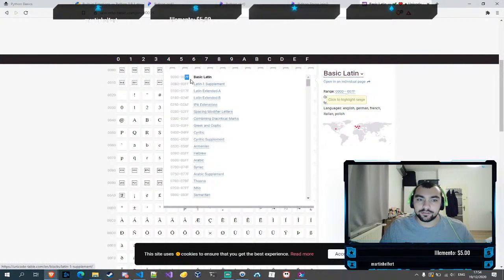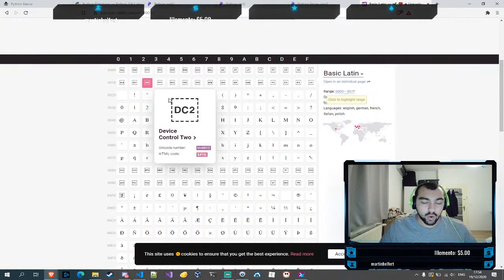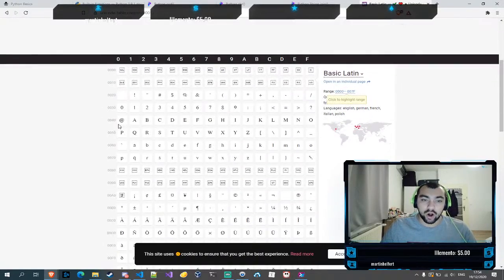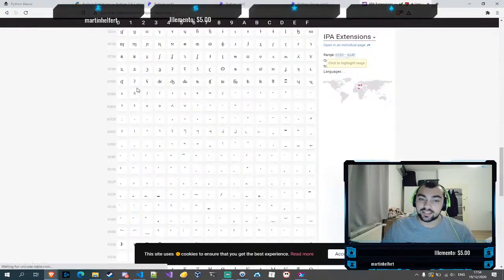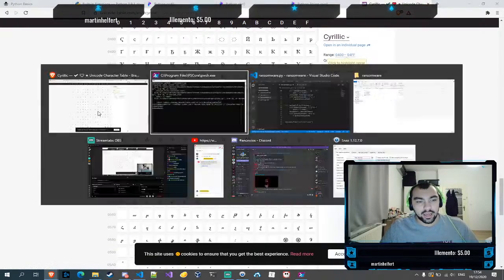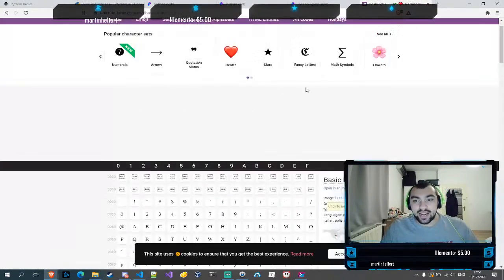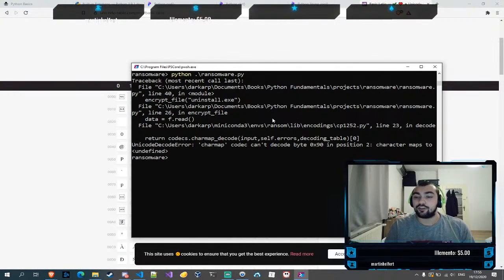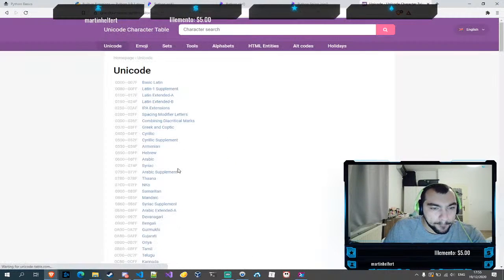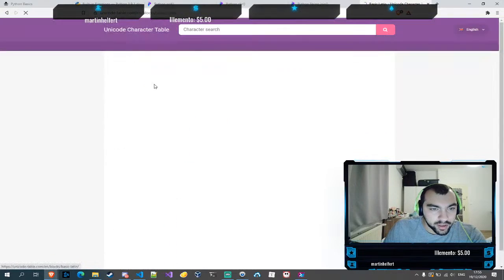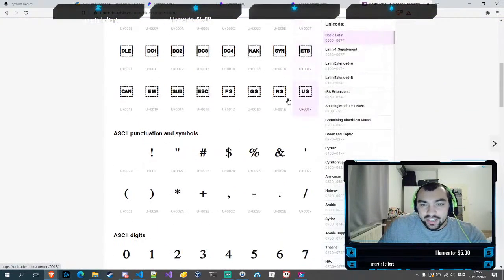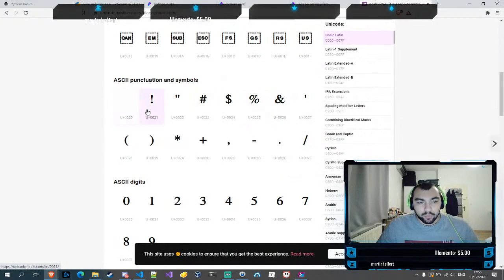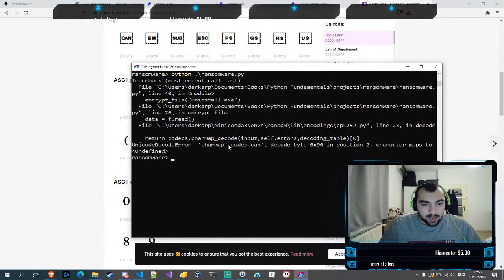This is the range of, well, represented in hexadecimal, but it's the range of all the characters that are able to be represented by these bytes, right? So if I put a number that is not within this range, it doesn't know what to do with it because it's not convertible into that particular encoding, which is, oh, this is the same thing, okay. Which is the whole idea. So, for example,